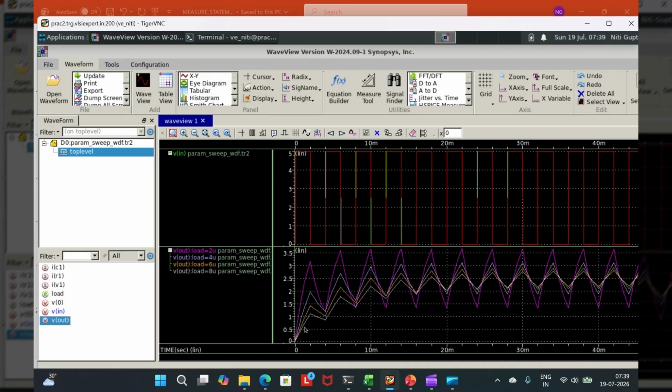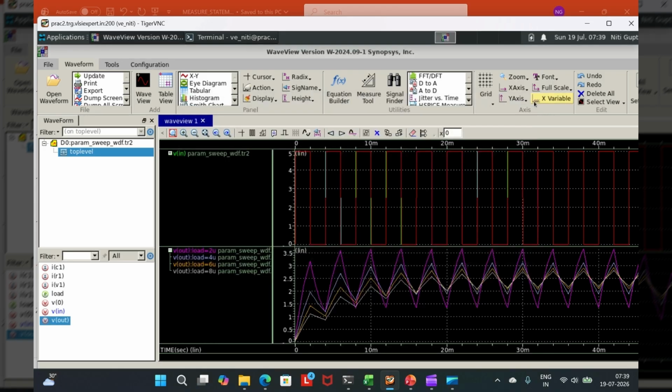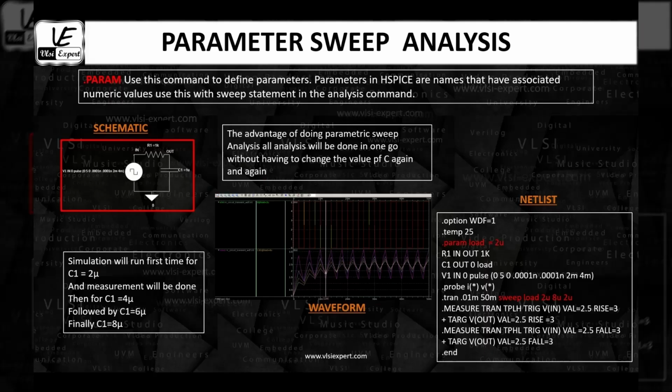And it is very evident if you see from here that for my 2 micron, right, it is trying to go towards 5, right? The amplitude is more. So yeah, this is how. So as I am increasing the load, it does the measure analysis with the measure command, and you can also do the measure analysis using this measure tool as well, right? So having got this clarity, let's switch back. So now this is what I am showing you over here.